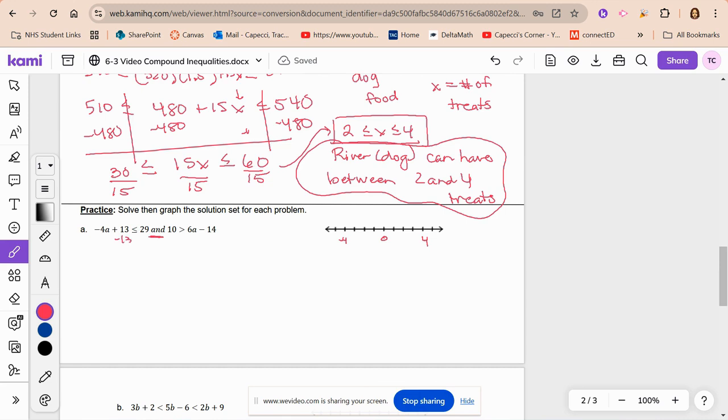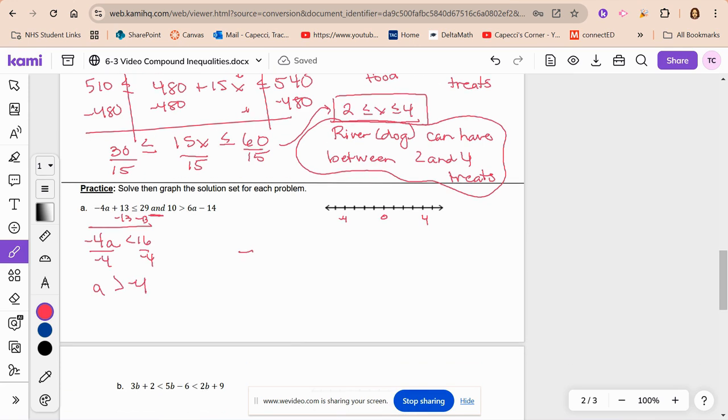So I'm going to get that a by itself. I'm going to subtract 13. So I have negative 4a is less than 16. I'm going to divide it by my coefficient, which is negative 4. Remember, when you divide by a negative number, you change the direction of the sign. Now, so I don't forget whether it's an and or an or, I'm just going to bring that down and I'm going to write the word and so I don't forget. I'm going to do the same thing